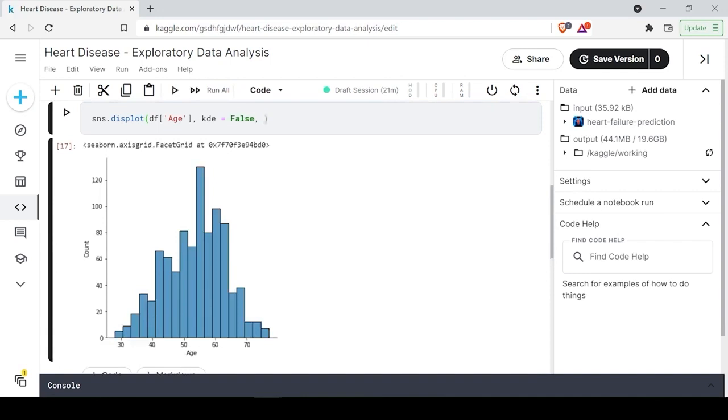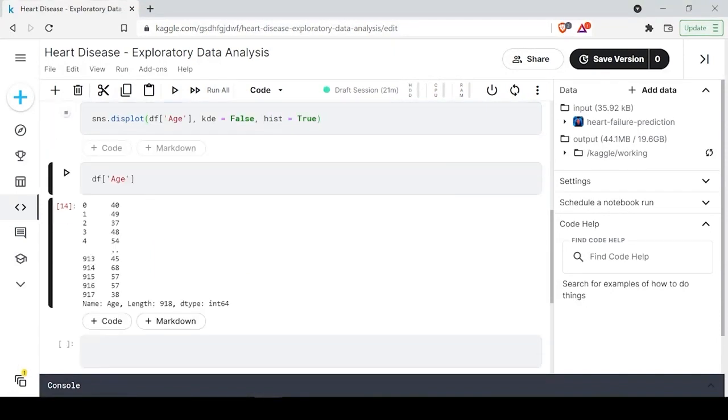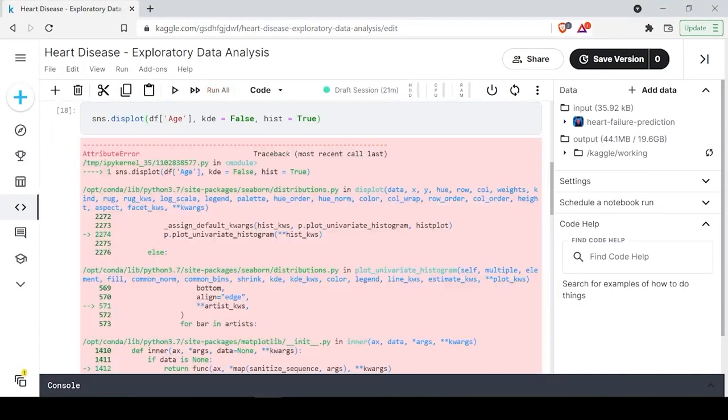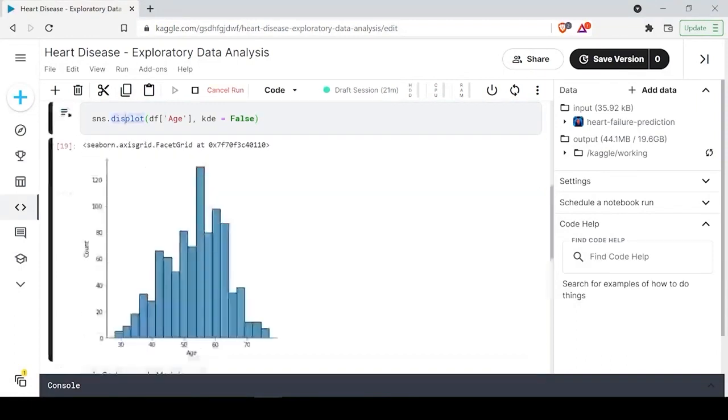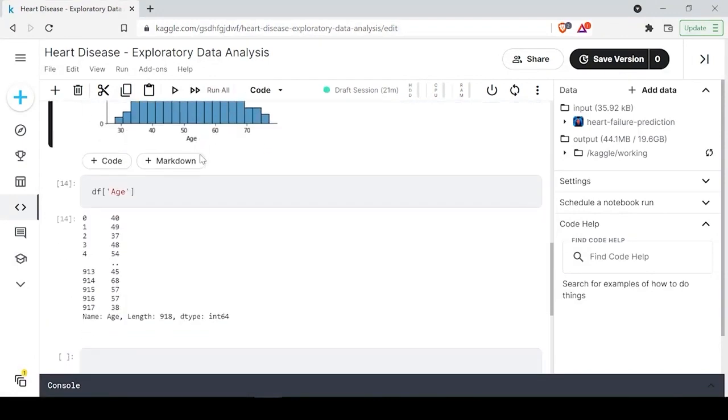And let's make histogram equals true, and let's see the output. Actually, histogram works in DistPlot, not in the KDE plot, because here we have just one option to use the KDE. If I execute this one,